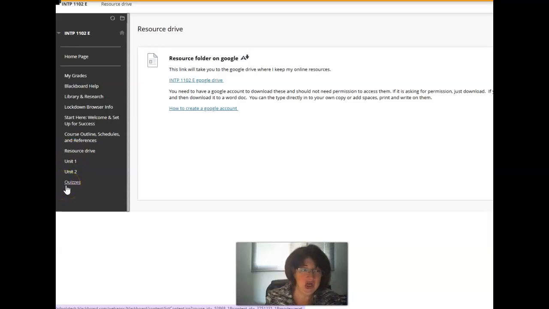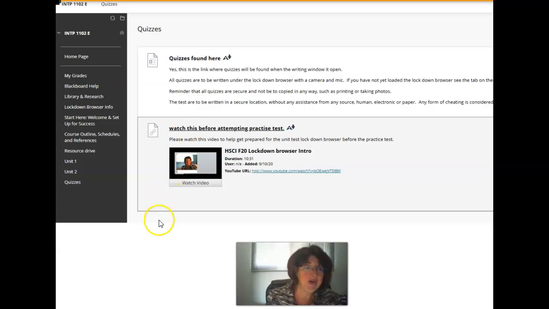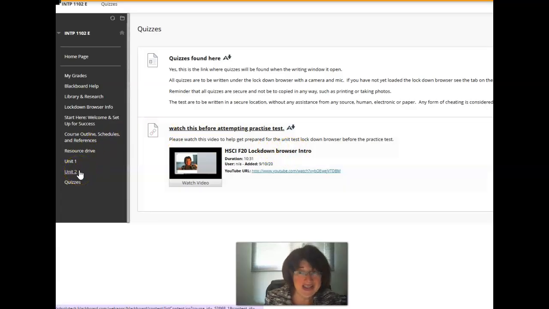And then here's a section where you will do quizzes. And the information here is, here's where your quizzes are. I will be posting a practice quiz, so that way you can see what it's like to write a quiz on what I call the lockdown browser, which means that you do not write quizzes in class. You write them in a secure environment on the computer, and it's all answered, and you usually have your grade within a few minutes, and then the next day in class, probably Monday,